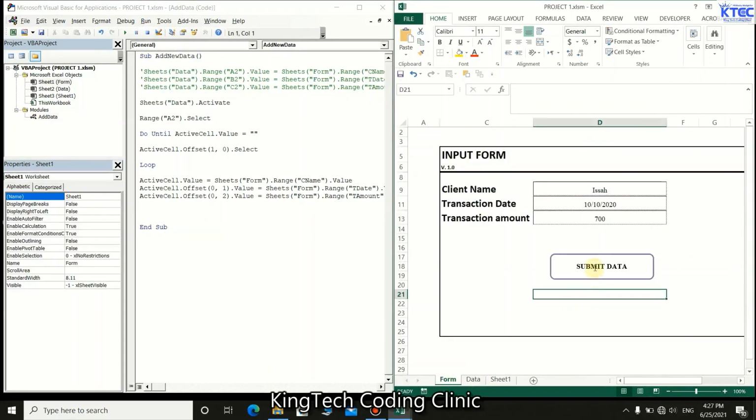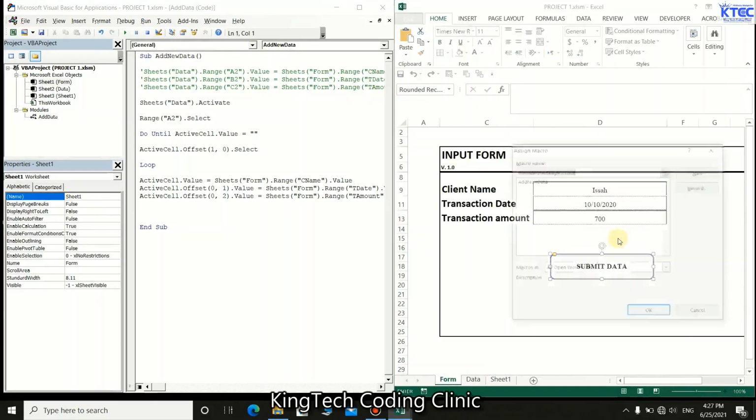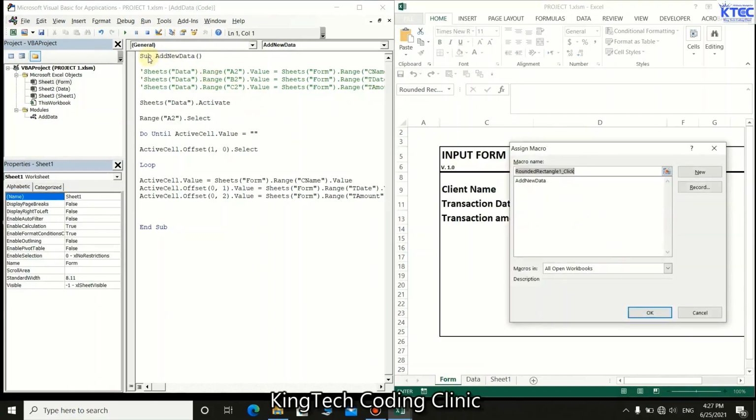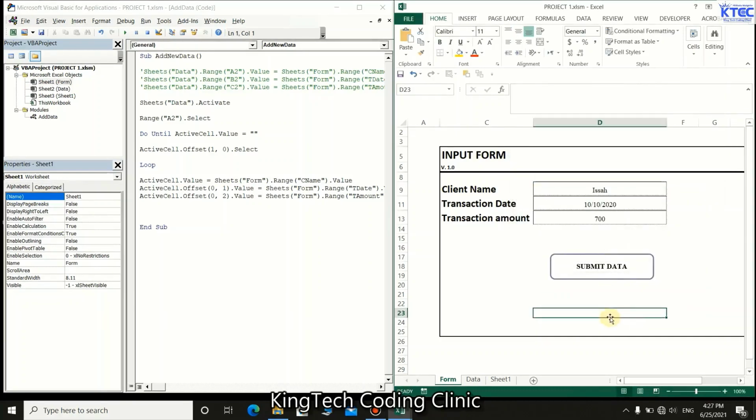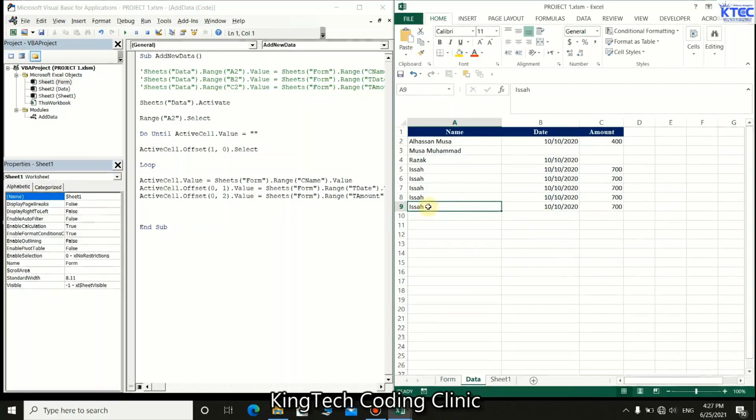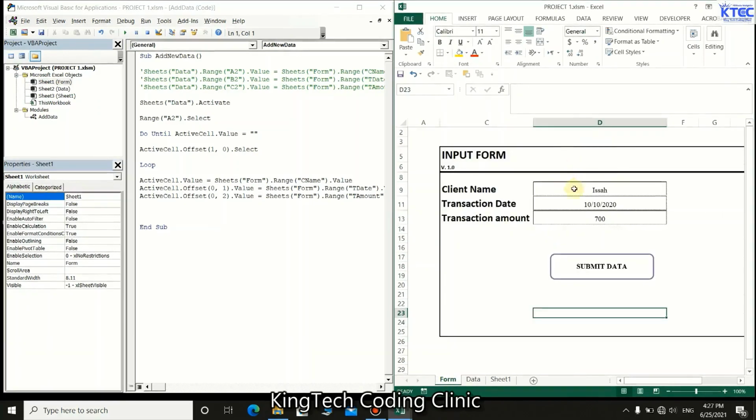So now let's right click on this button. You see, go to assign macro. The name of our macro is what? Sub add new data. So we select it here, click on OK. So now whenever we trigger this, it will just come and add here. So let's go back and enter another thing like